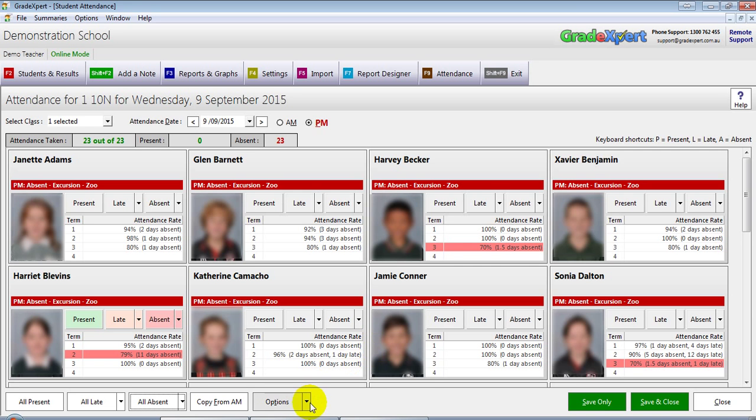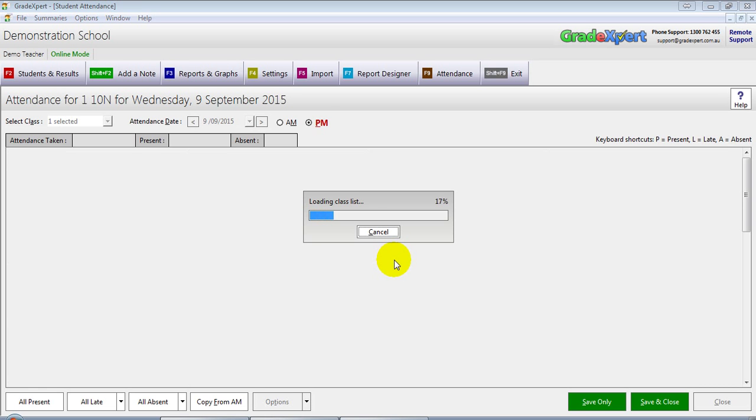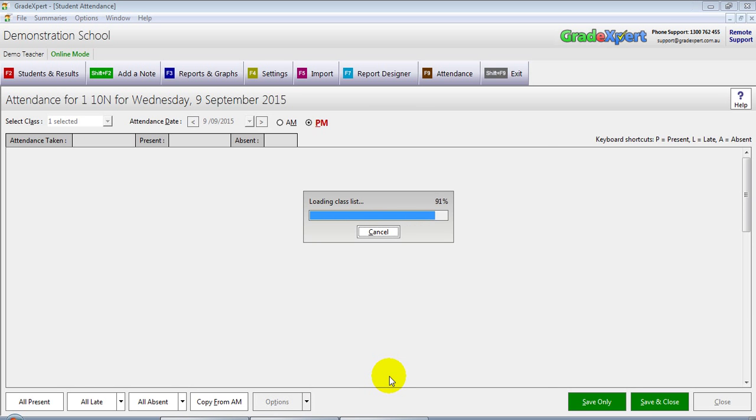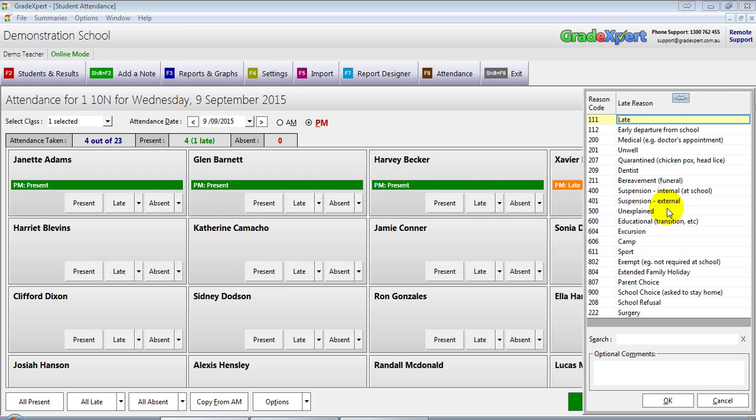There are a few other options. For example, if the teachers don't want to show the student photos, we just untick show student photos. I'm not going to save this data for the moment because I just want to show you how it looks without photos. And then we can also remove the automatic calculation of the student's attendance histories just by unticking show attendance history. We then have a more compact view of the student list, and we can just go present, present, present, late,